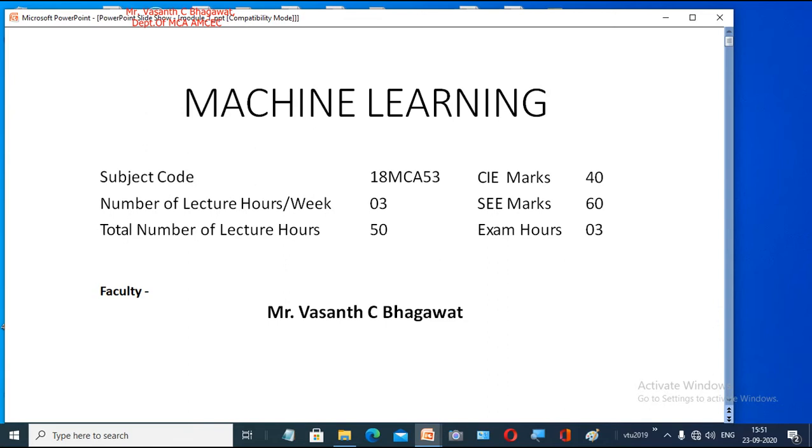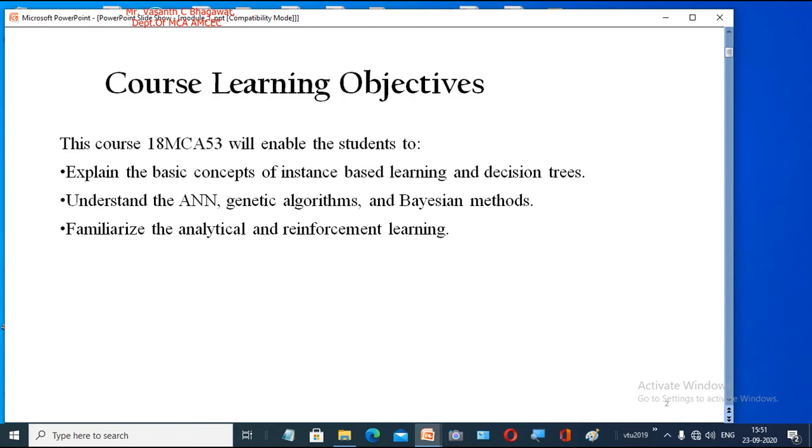After understanding the definition of machine learning and looking into some of the fundamental or introduction classes, now let us start the actual course of machine learning. So the main course learning objective here is that